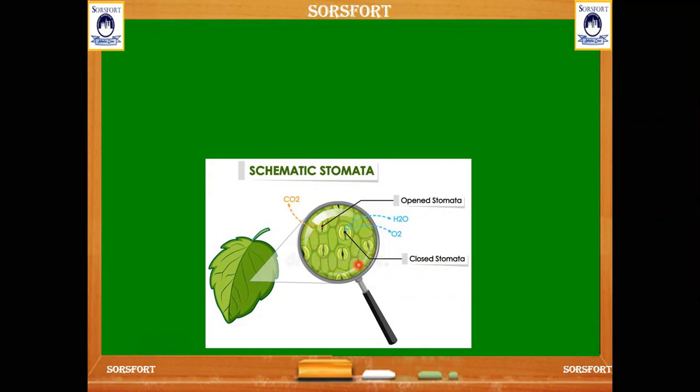What is a microscope? It is used to see very tiny particles that we cannot see with our normal eyes. This one is round, and this bat shaped one is the microscope. Through this we can see the small holes in the leaf, which are called stomata. And further information regarding stomata we can discuss in the next video.